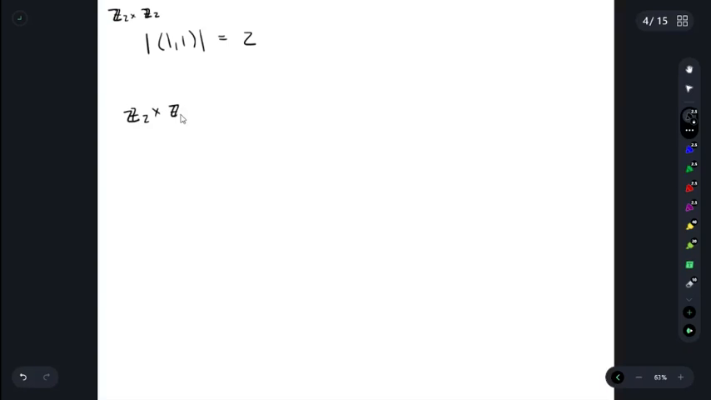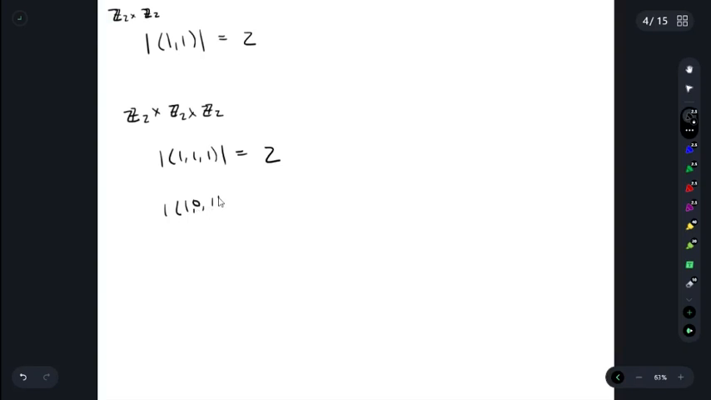How about the order of (1, 1) in Z2 cross Z2 cross Z2? Oh, so not (1, 1), but (1, 1, 1). The order of that element in Z2 cross Z2 cross Z2 is 2. And in fact, the order of like (1,